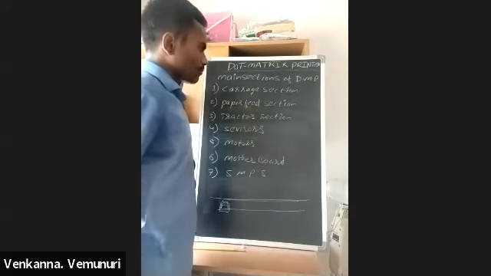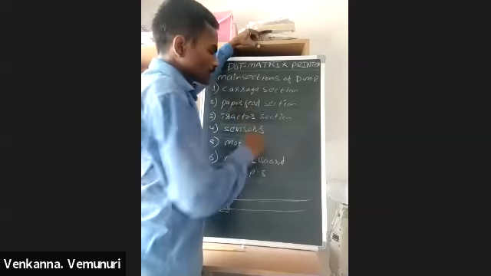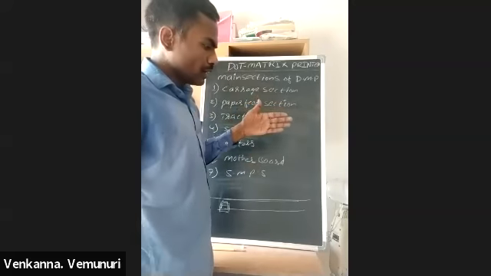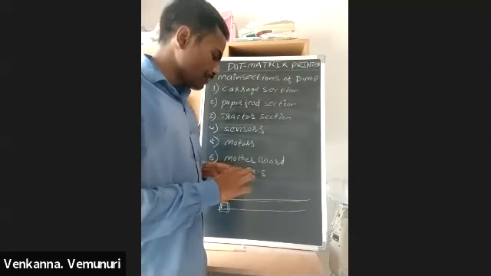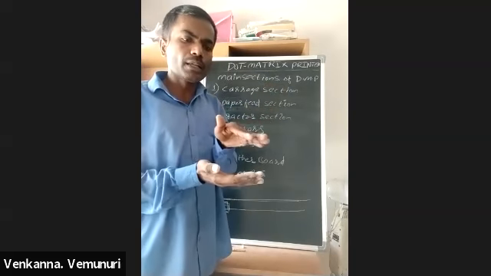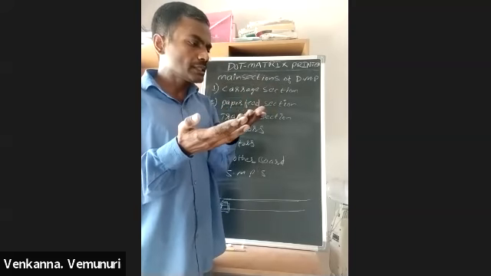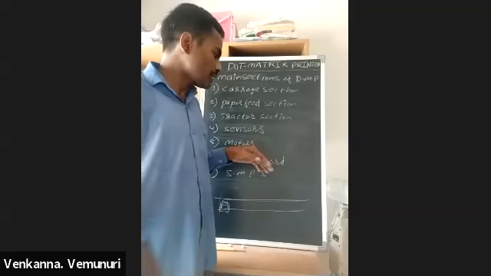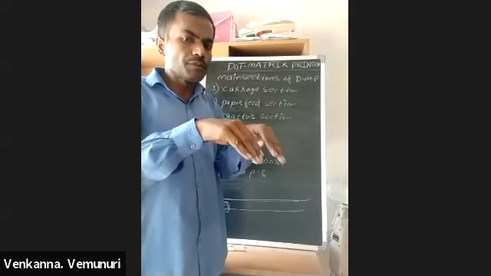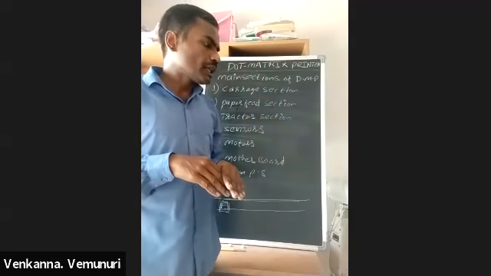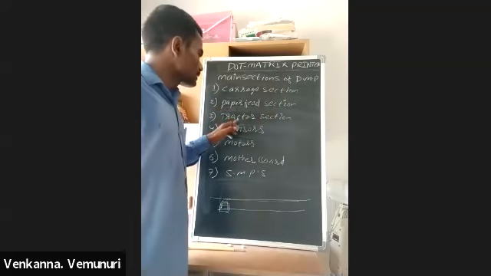Next, the paper feed section. This paper feed section is also used to move paper line by line. And the next one is the tractor section. For example, if you are using a bundle of continuous paper, that time this tractor section helps to pick that paper and give it smoothly to the paper feed section. If you feed paper directly into the paper feed section without the tractor, the paper is not picked properly. That is the reason we use the tractor section.